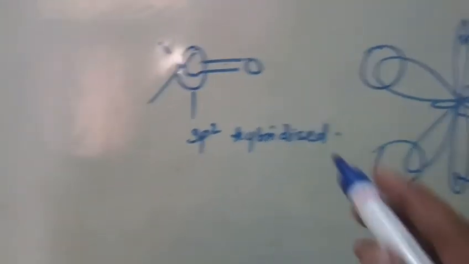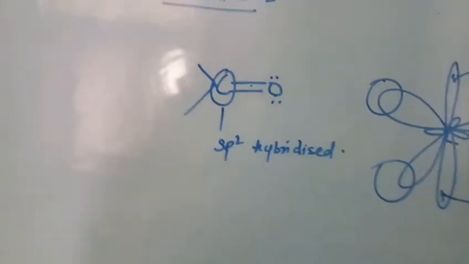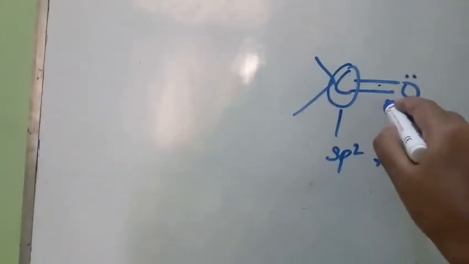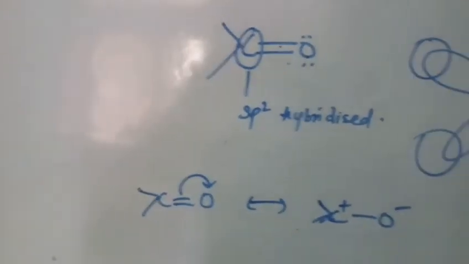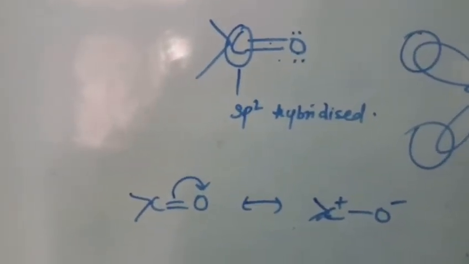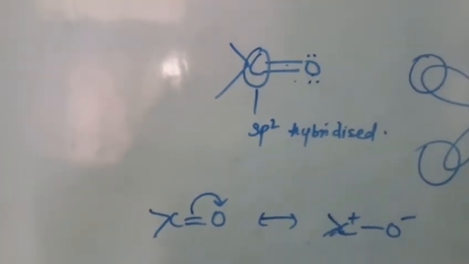Now you know that in this carbonyl group, the oxygen also contains lone pairs of electrons and is highly electronegative compared to carbon, therefore this bond is a polar covalent bond, and this carbonyl group is a resonance of two structures. Here the pi electrons, due to the high electronegativity of oxygen, are shifted to the oxygen. Carbon will bear the positive charge.